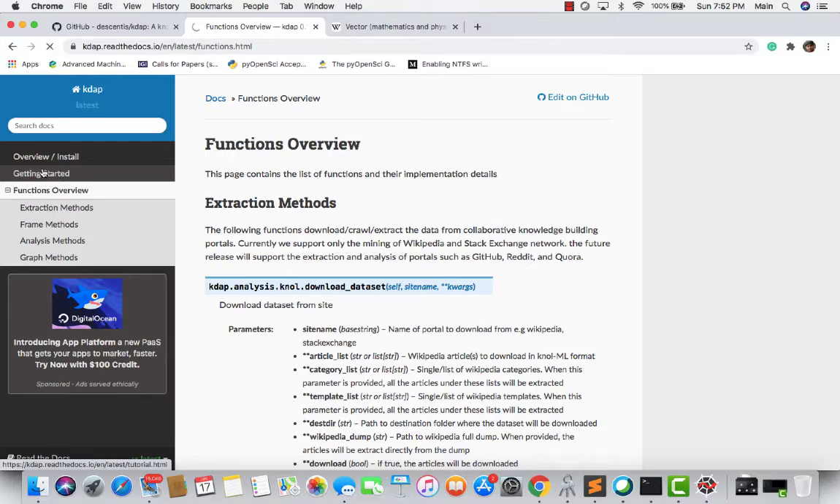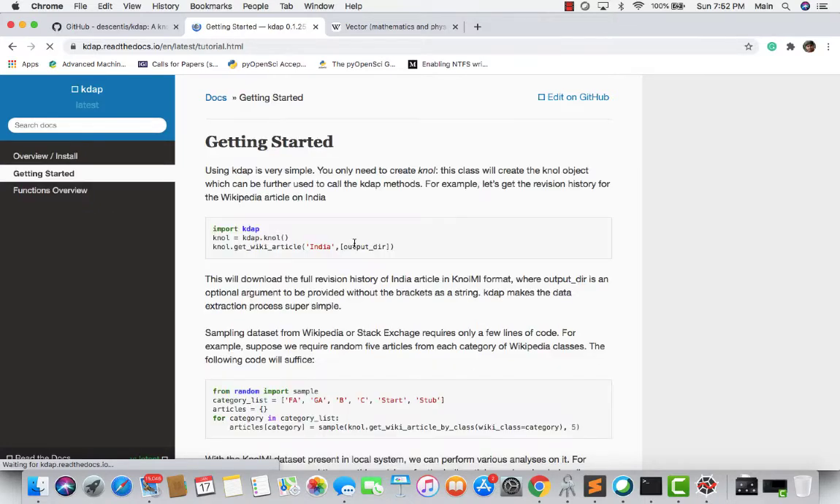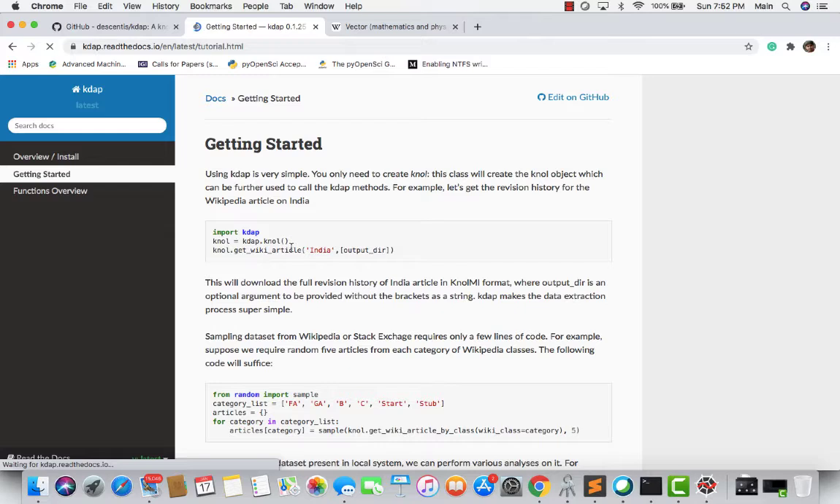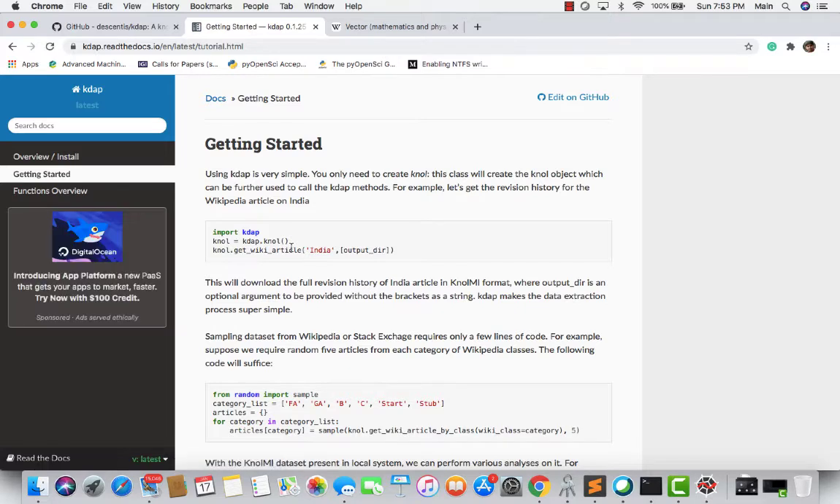I'll go to the getting started part, and there, if you see the paper that we presented in OpenSim, you see that there are containers of KDAP, and we use those containers to either download or analyze the dataset. And to create a container through the library,